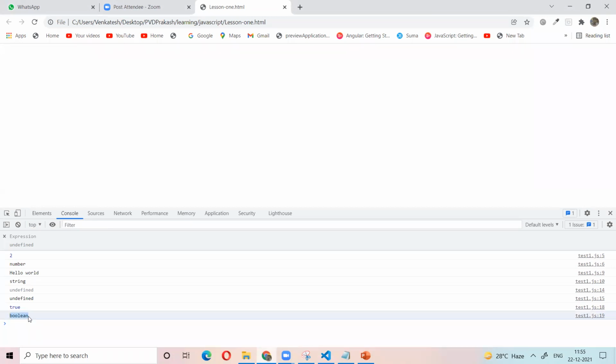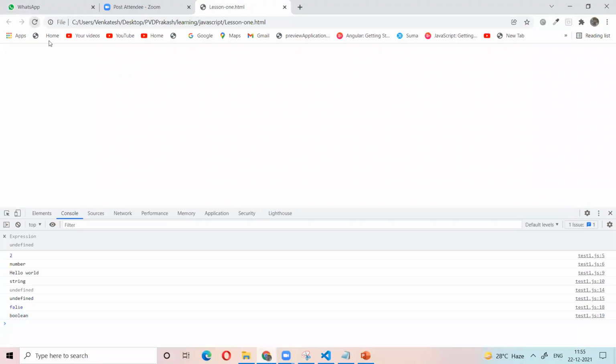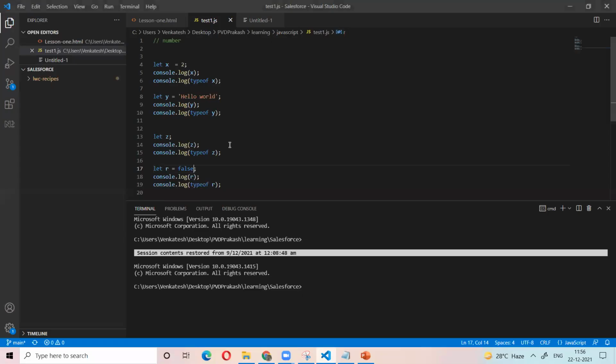If I say the value is false, then the value is false and the type is also Boolean. Otherwise, if you give something like hello, what is the output?